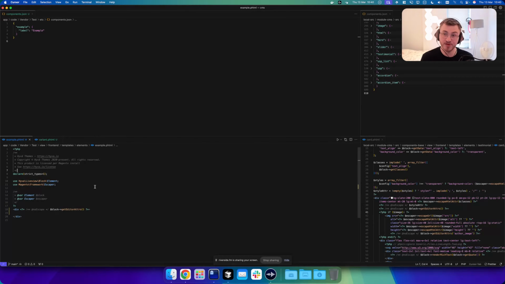With Hyva, using view models in the template is a very common occurrence. We use it for Heroicons, we use it to load certain data, getItem.html, any of those different features.